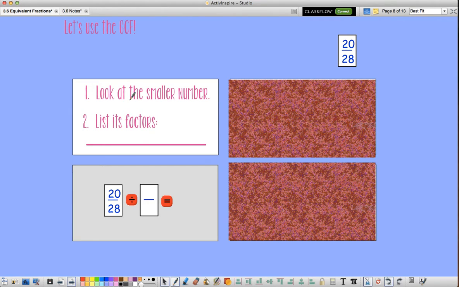If we look at the smaller number and then list its factors, in this case it's 20. My factors are 1, 2, 4, 5, 10, and 20. And then my next step is to look at